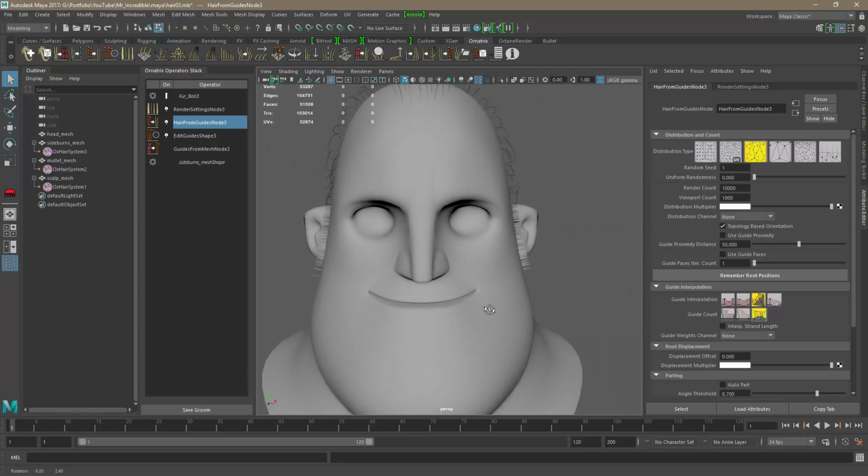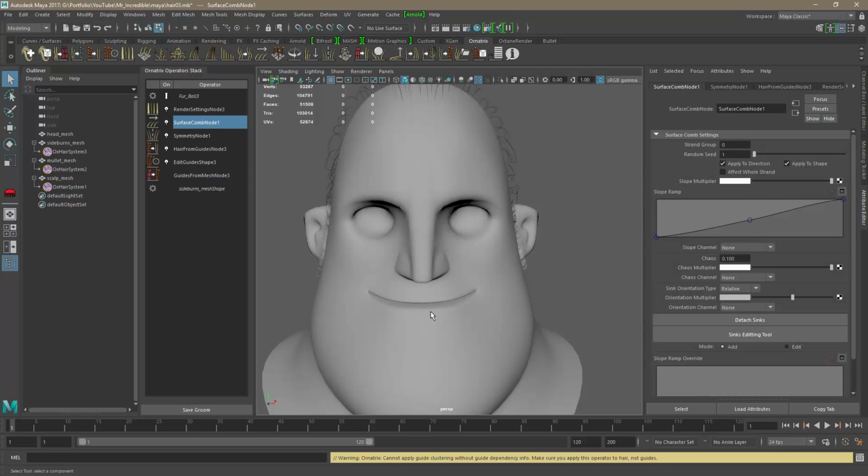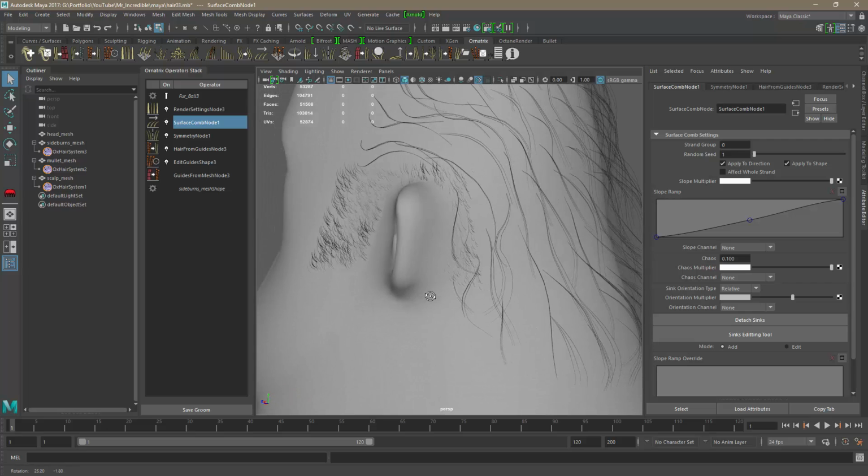a symmetry operator. Hopefully it's gonna work. Let's see, this is the symmetry operator, and on top of this symmetry operator, I'm gonna add a comb on surface. So what this is gonna do, this is like the name suggests,